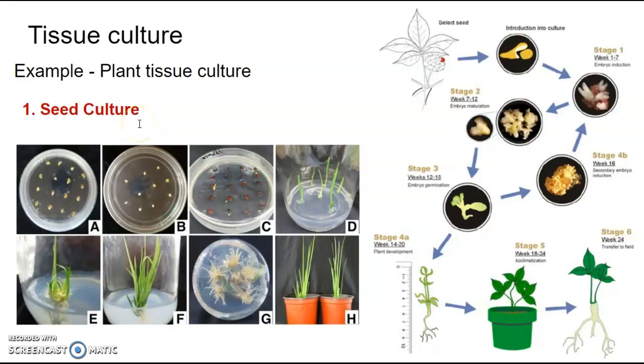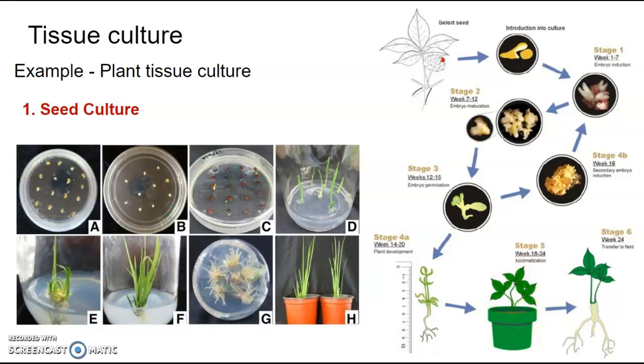For example, in plant tissue culture, we can introduce a plant seed into a growth media to generate seedlings or plants. It is the best method for raising sterile seedlings. If you look in the picture, they introduce the seeds into the culture, and after a few weeks, the seed will grow into seedlings which then can be acclimatized into the proper or natural environment and then transferred to the